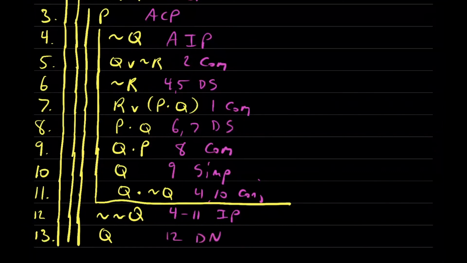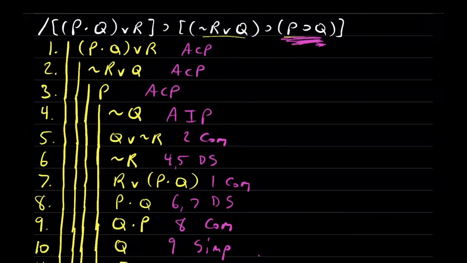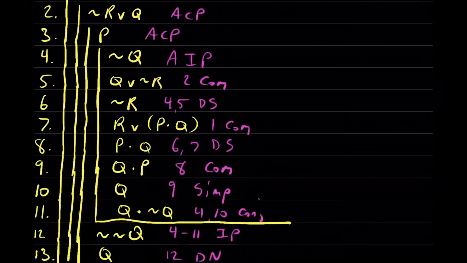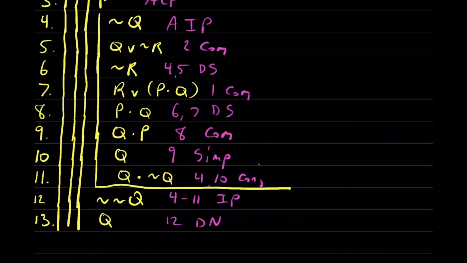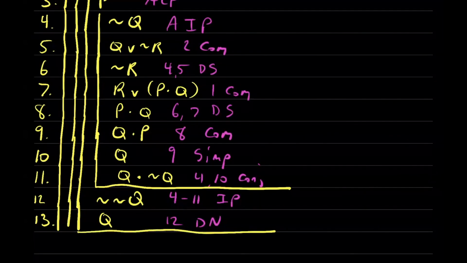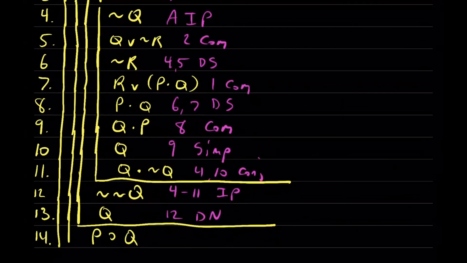That's easy. Now remember what we were trying to do. We said we were trying to build this conditional here, P implies Q. Well, on line 3, I assumed P. On line 13 now, I've shown that that leads to Q. So I can close off that sequence right here, still inside the scope of these outer 2 sequences, to get P implies Q. Okay, that's going to follow from line 3 all the way through 13, 3 through 13